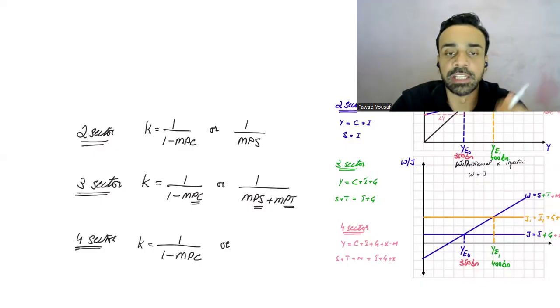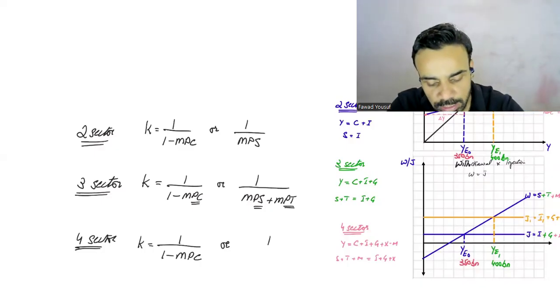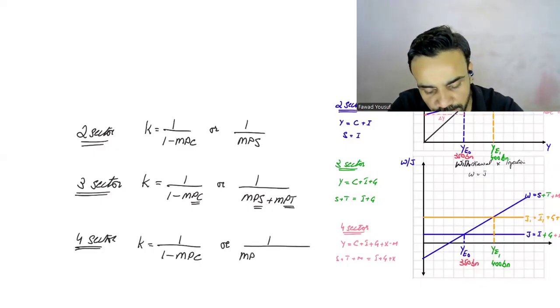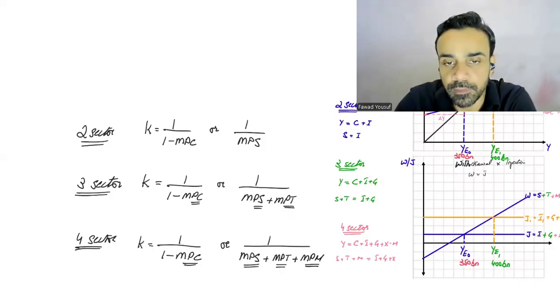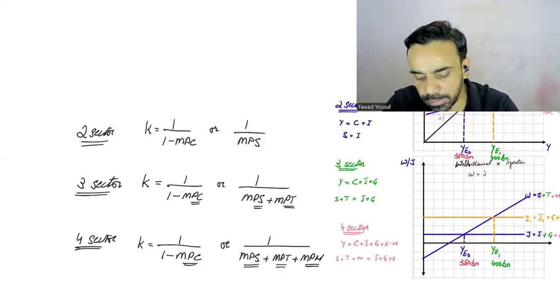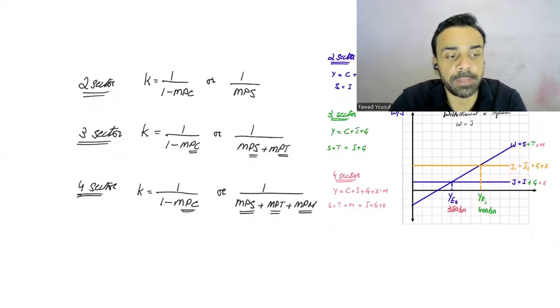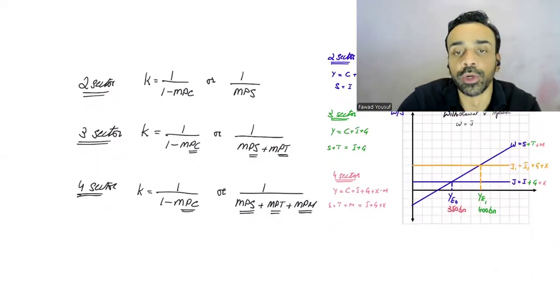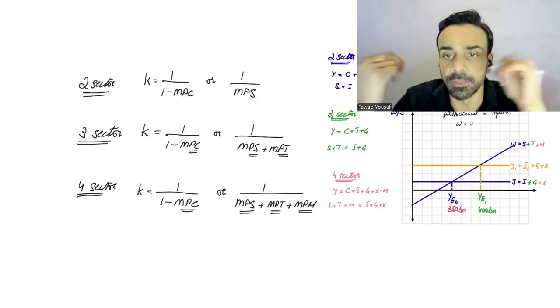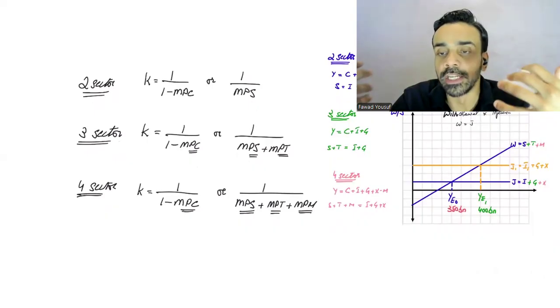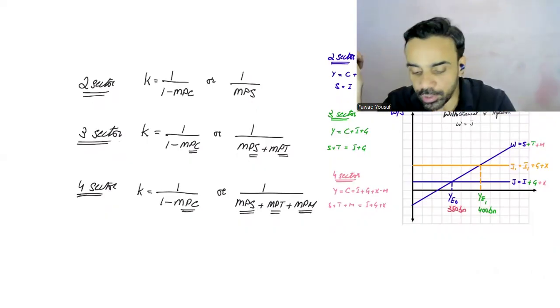So MPC will keep the money in rotation, but the withdrawals are: for every dollar you earn, some is consumed, some is saved, some goes in taxes, and some goes to buy imported goods. So these are your multiplier formulas. Depending on the question, we are going to apply the formula. Basically only two formulas apply here, but you need to understand the concept, which is in our diagrams,